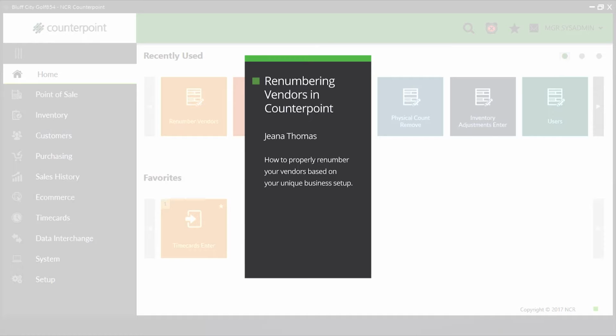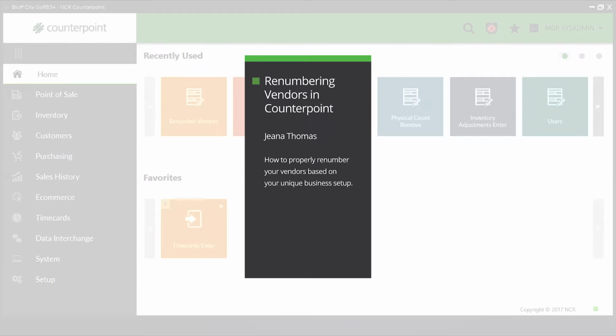This week's note is about renumbering vendors. I get this question a lot. Gina, somebody clicked auto assign on the vendor record when they were building a new vendor, and of course auto assign gave that vendor a number. And I want to change the number into a name because that makes more sense to me, and I would agree. So there is a utility you can use called renumber vendors to change that number to a name, but